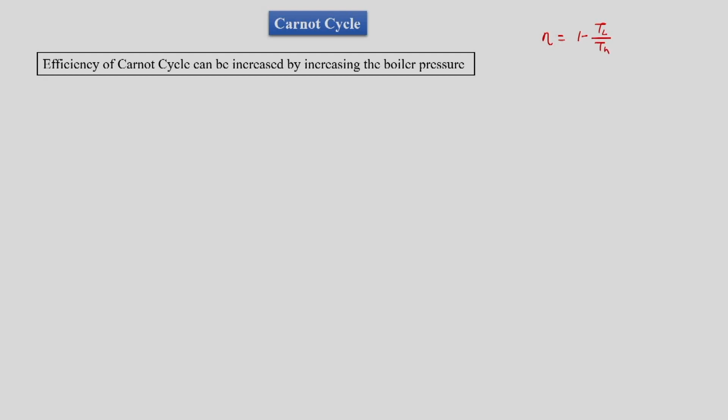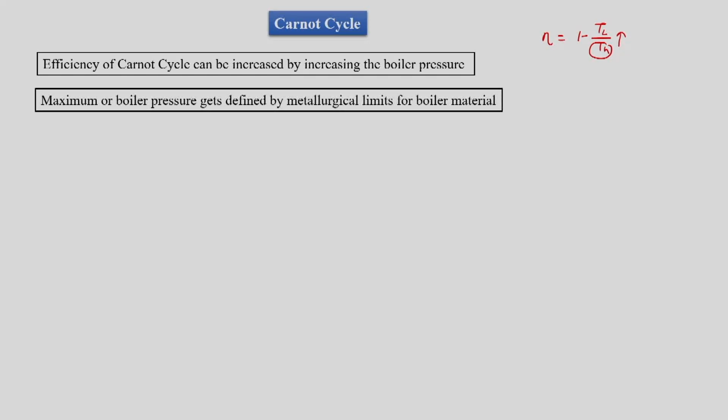And here we say that if we increase the boiler pressure, the boiler is the place where we are supplying the heat. So, we are increasing the temperature at which the heat is getting added. So, we are basically increasing the mean temperature of heat addition, and that is why we will have an increase in efficiency if we increase the boiler pressure and hence the saturation temperature and hence the mean temperature of heat